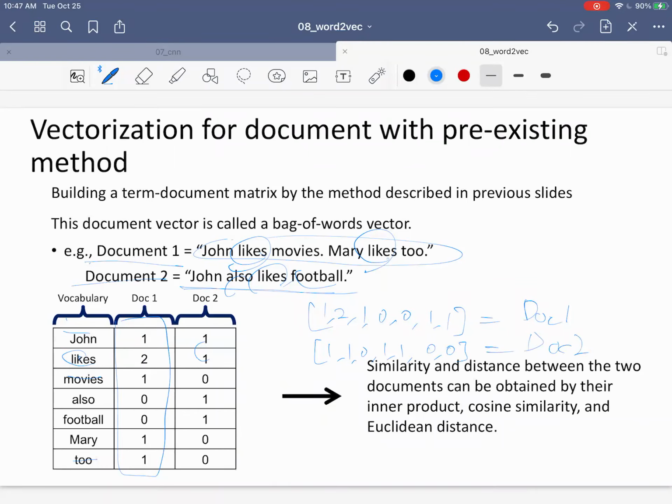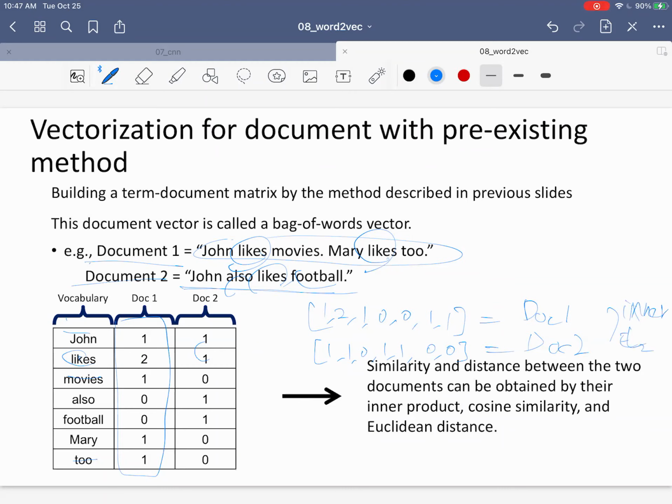So this is a little bit better than one-hot representation. The problem with one-hot representation of a word is that any pair of words will give you the exact same inner product and the exact same Euclidean distance. But here, if we start counting and then use the counting vector as a document representation or sentence representation for that matter, it gives you more information. Basically, if you do an inner product between the two, or Euclidean distance, L2 distance between the two, it is more informative